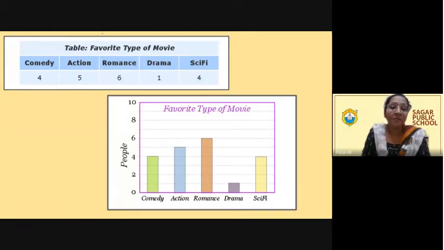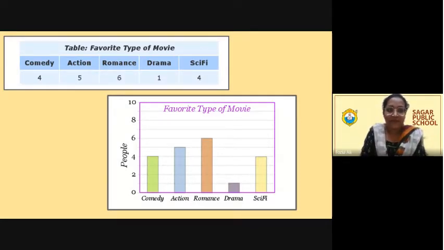So why are we making bar graphs? Actually, bar graphs give the whole picture, and explain the whole thing in a very nice manner. We can clearly find out which movie is most popular, which movies are more popular, which is the least one. So it makes it very easy. The whole picture becomes very clear when it is represented graphically.